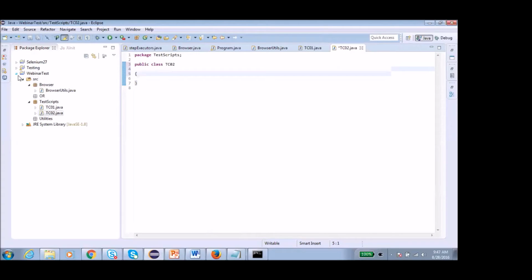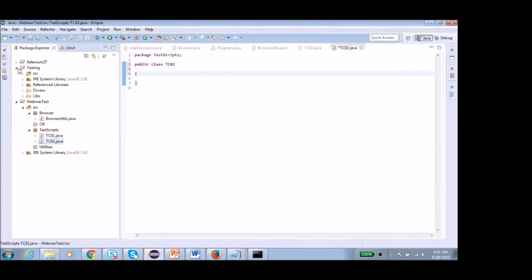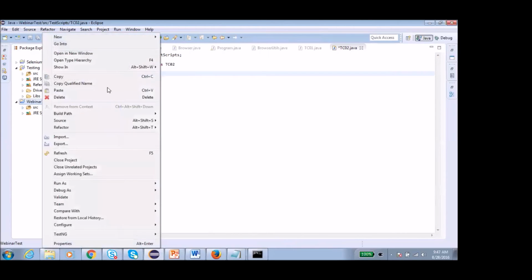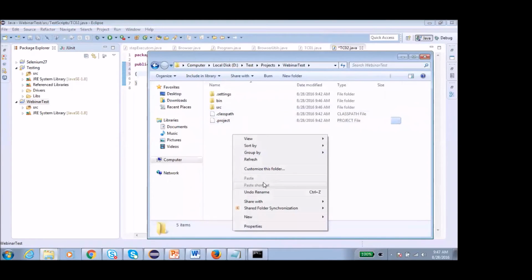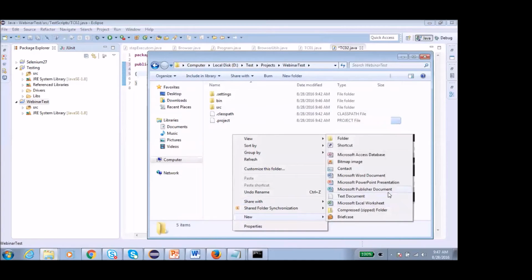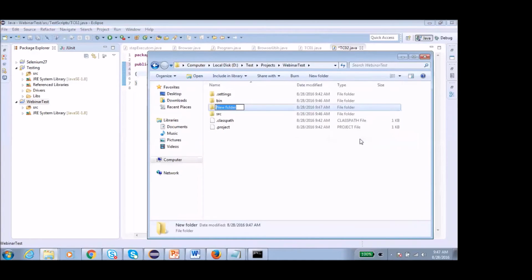I have prepared a different solution for this. One more thing. For this webinar test, right click on it, go to show in System Explorer, and it will open it. Double click on webinar test and create a folder called libs. The basic practice is to name it libs or library.